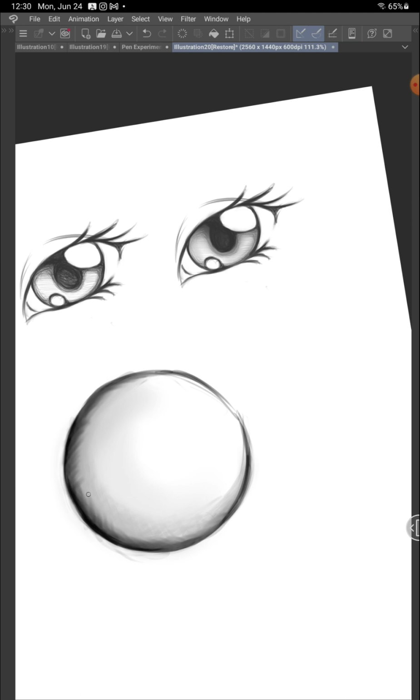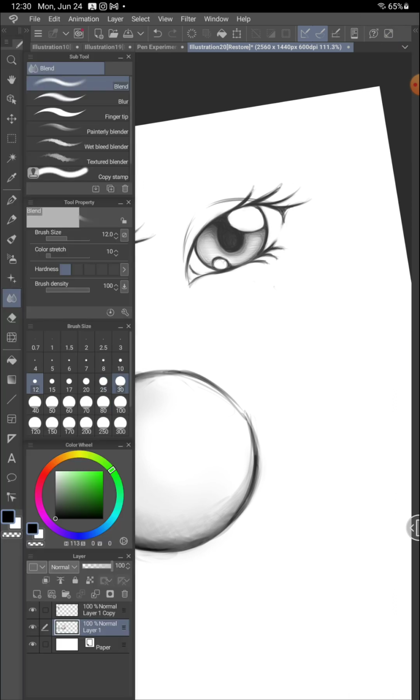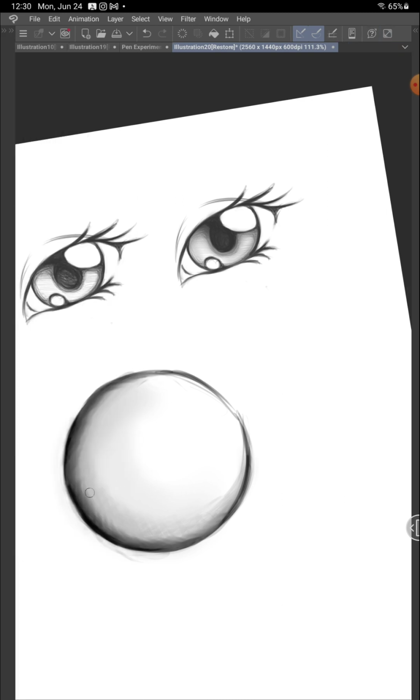Now this is a time-consuming thing to do. Blending and shading always is, but it's better than trying to pick colors one at a time. So let's make the blender a bit bigger. Let's make it up to 25. And then we'll use the 25 to smooth out the edges of where I just blended. And then we'll further smooth out